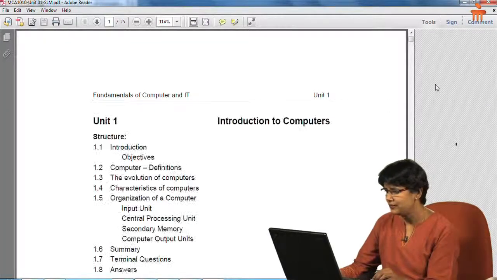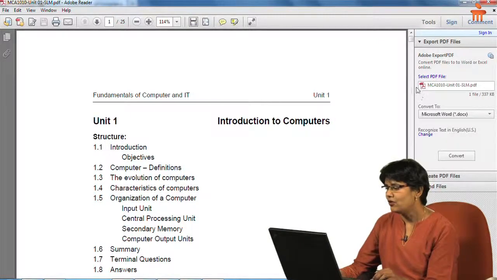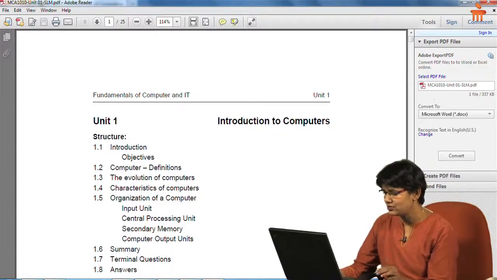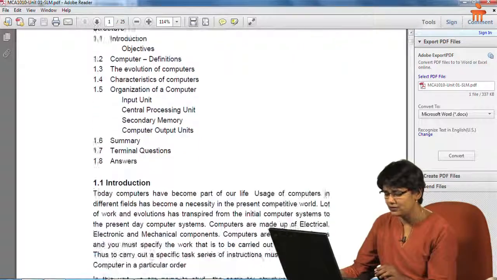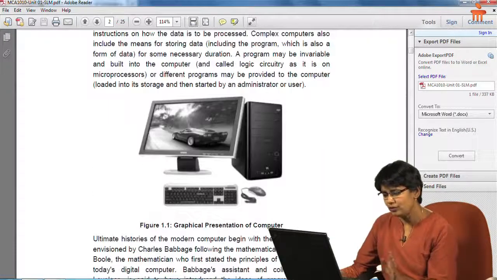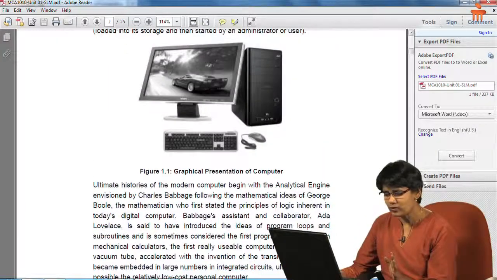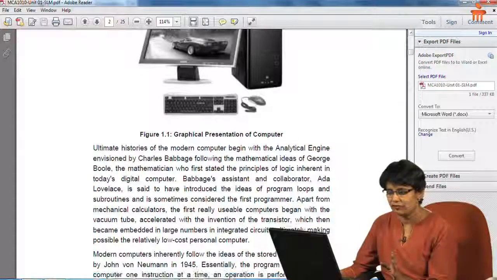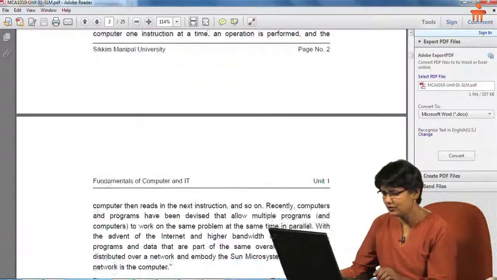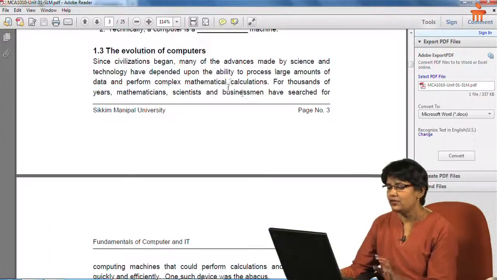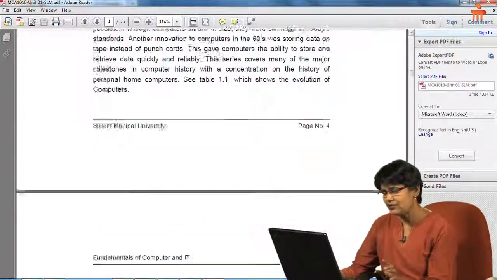Here you come to the SLM, and you can see that all of these are structured. A unit is structured by providing the unit structure in the beginning, followed by the introduction, followed by the objectives of this unit. What is it that you will learn by the end of reading through this unit? This is followed by coverage of one of the concepts, followed by assessment, that is self-assessment questions.